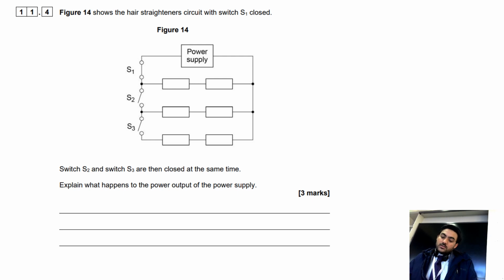Last question. Figure 14 shows the hair straighteners circuit with switch S1 closed. Switch S2 and S3 are closed at the same time. Explain what happens to the power output of the supply. This is a good question, because when only switch S1 is closed, that's the resistance of the circuit. When switch S2 is closed, there are two more branches. When S2 and S3 are closed, there are two more branches for the electrons to flow. If there are more branches for the electrons to flow, then there is less resistance,